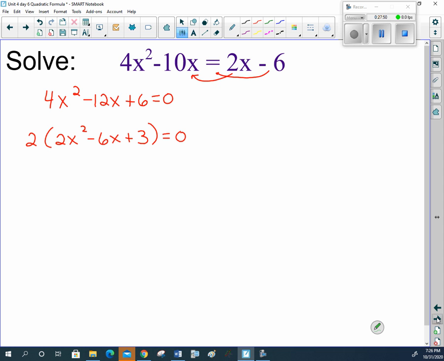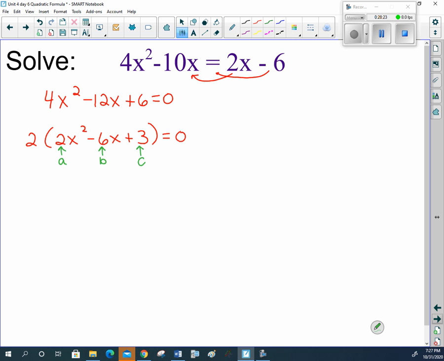If you take a GCF out, and you want to go to the quadratic formula after that, this is now your A, this number is now your B, and this number is now your C. That's really nice because it keeps the numbers smaller. That's the nice thing about taking out the GCF. If you take the GCF out first, you get to work with smaller numbers, and smaller numbers are always easier to do mentally. So you're going to want to use 2, negative 6, and 3 in the quadratic formula, not 4, negative 12,